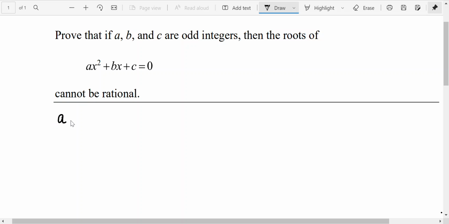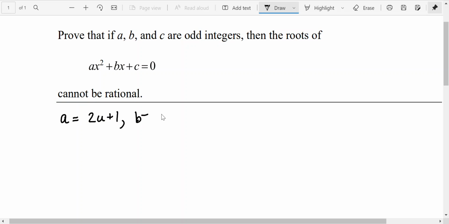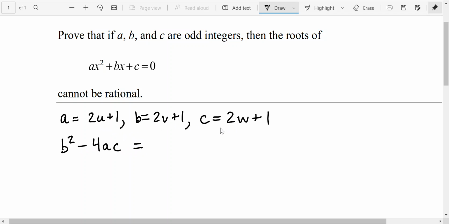We'll begin by letting a equal 2u plus 1, b equal 2v plus 1, and c equal 2w plus 1 for some integers u, v, and w. Well, the roots of the quadratic equation will be rational if and only if the discriminant b squared minus 4ac is a perfect square. Well, we can substitute the above expressions for a, b, and c and compute that the